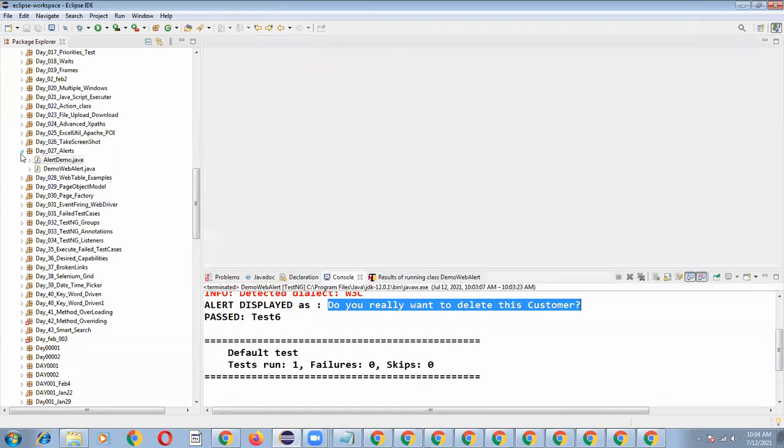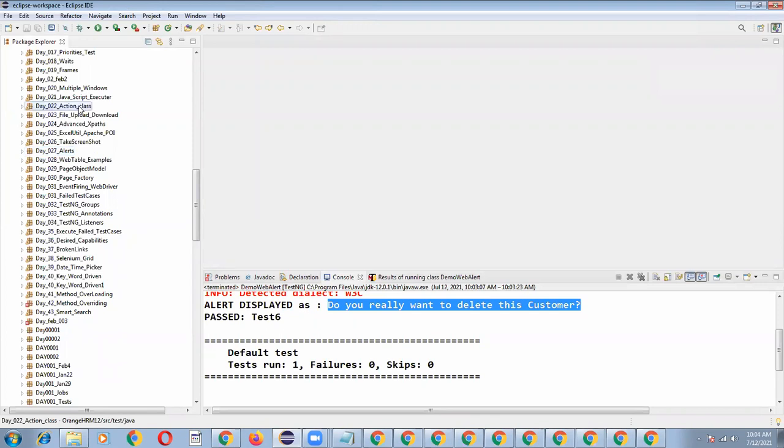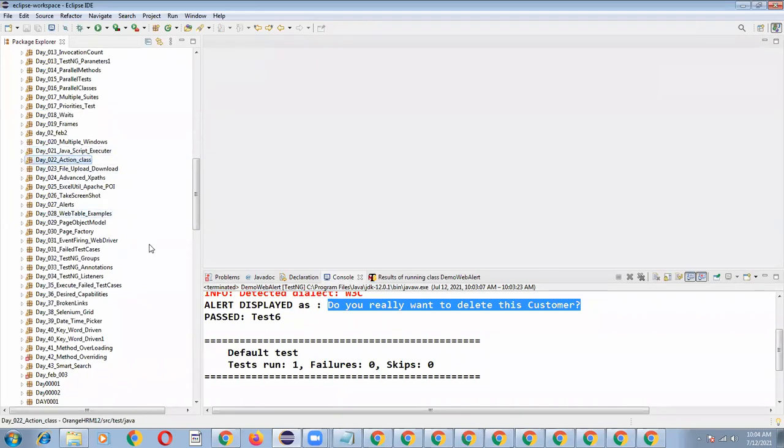So that's it for today. In today's class we have covered lab number 21 and lab number 22. These are the most important topics, because sometimes the actions click operation is not working, send keys is not working, and menu operations, when I'm clicking on the control, it navigates to some other page. Complex parts are involved in these two labs only. So you have to understand which class you are going to use. In a normal situation, if send keys or click or scrolling is not working, you need to look into these labs.